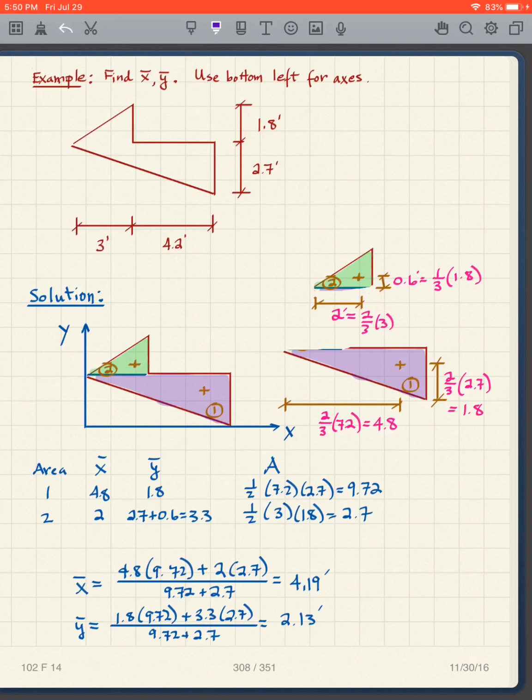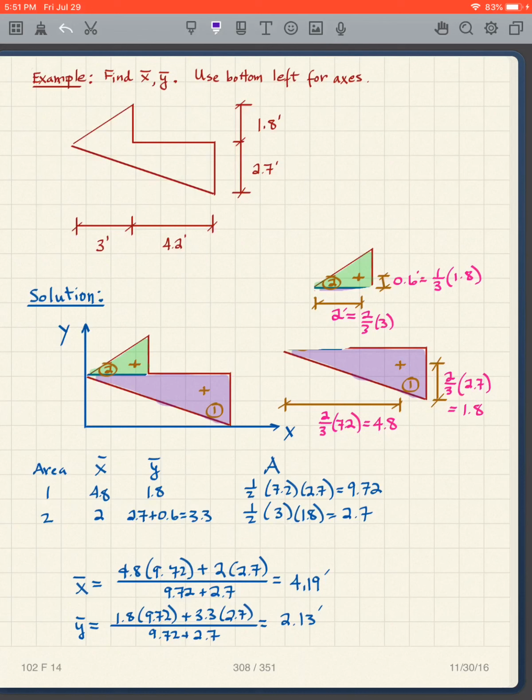And for this one, it's going to be 2/3 times the leg length of 2.7. And it's 2/3 times the leg length of 7.2. So I have these distances,